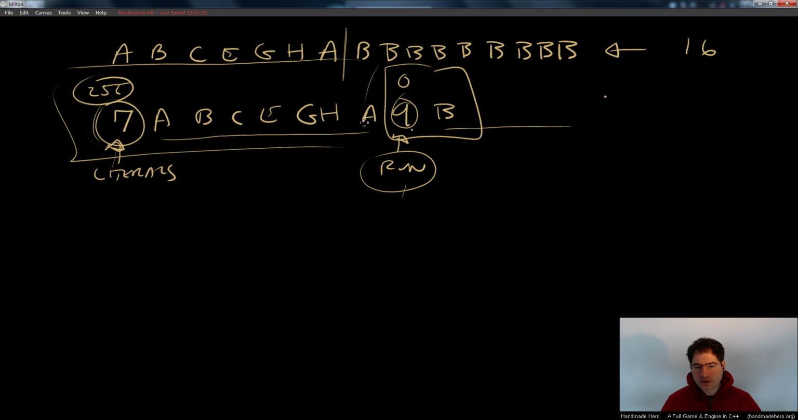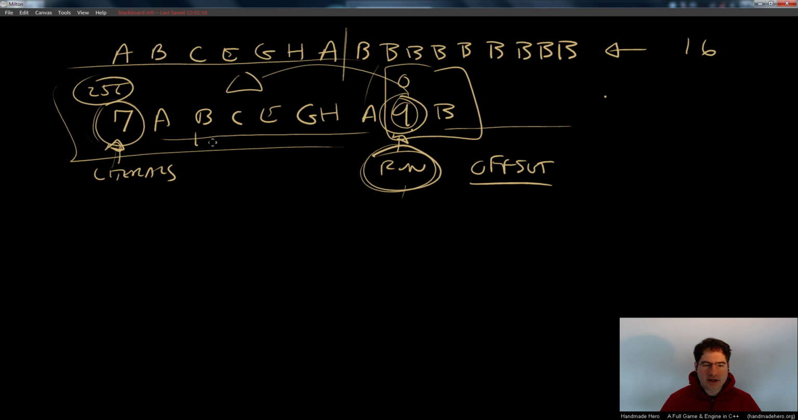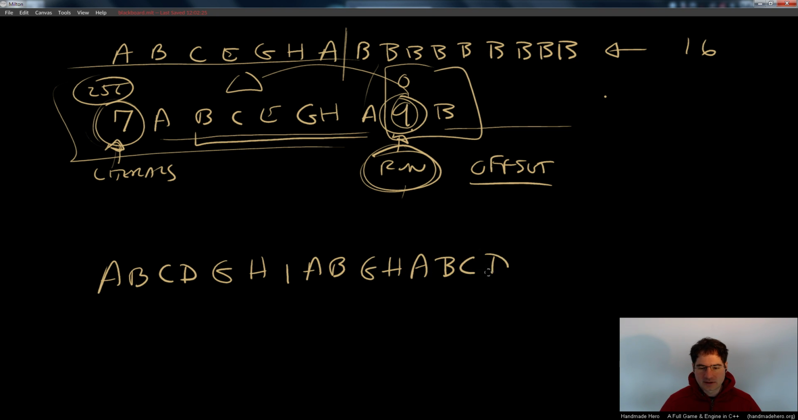rather than encoding runs that way, in addition to just a count, I'm also going to give you an offset. And the offset is going to be some look back into what I've already sent you. And then you're going to take that many, whatever I said the run was, you're going to copy that many things from the previous information. So for example, if I had something like A, B, C, D, G, H, I, A, B, G, H, A, B, C, D,